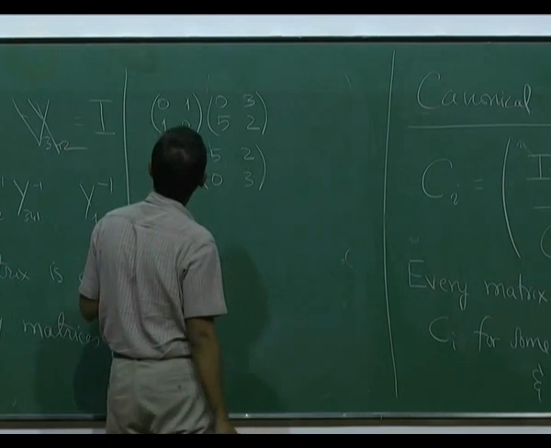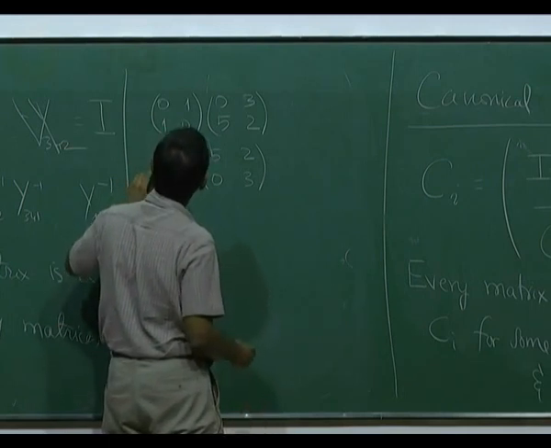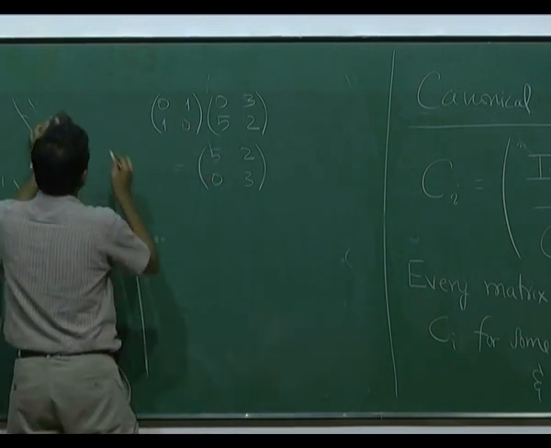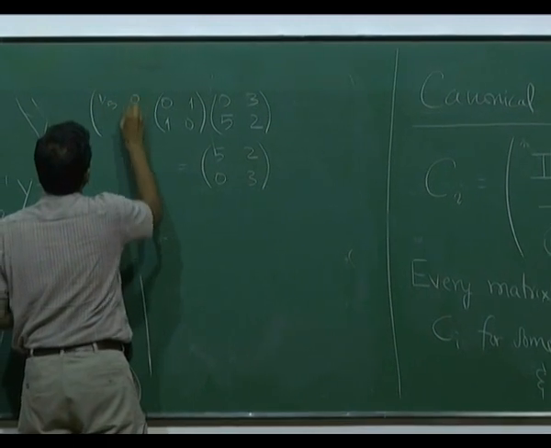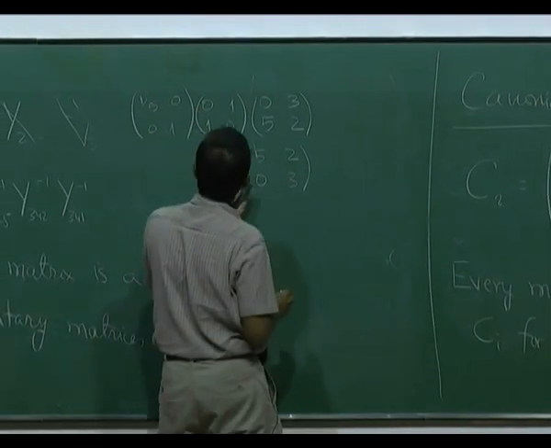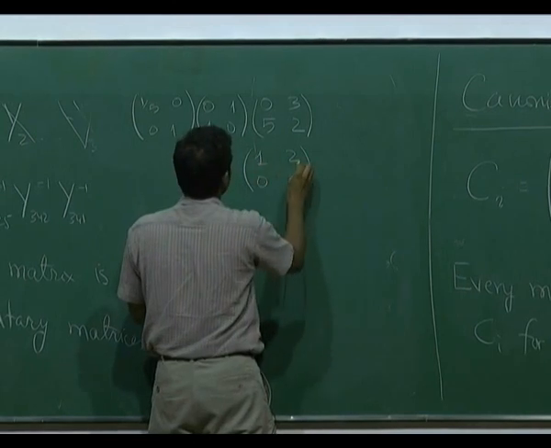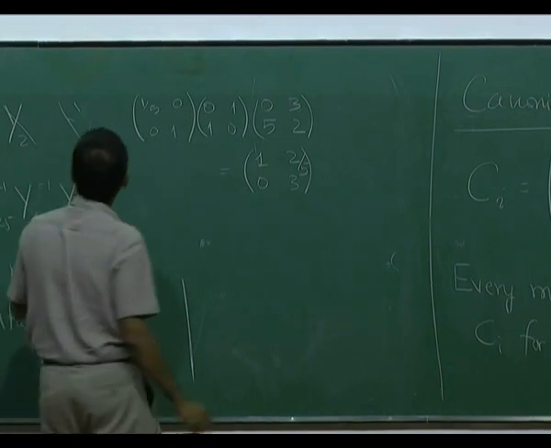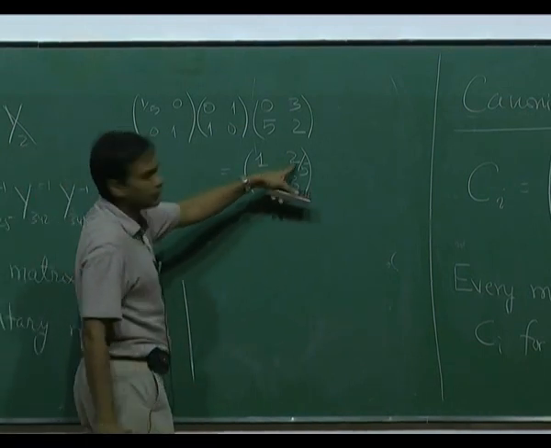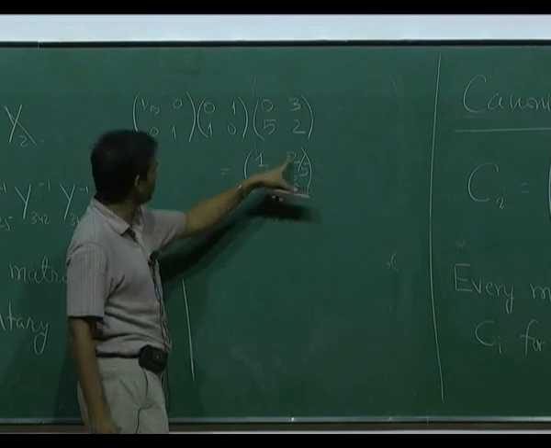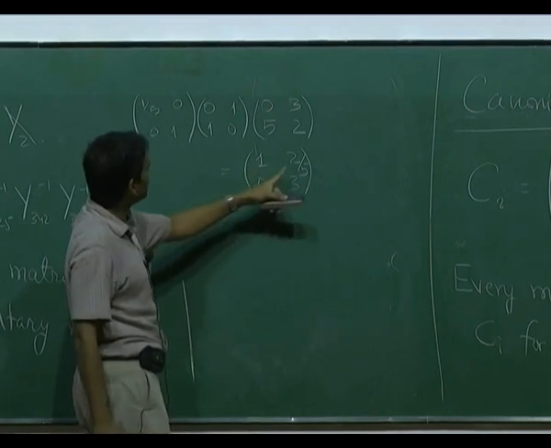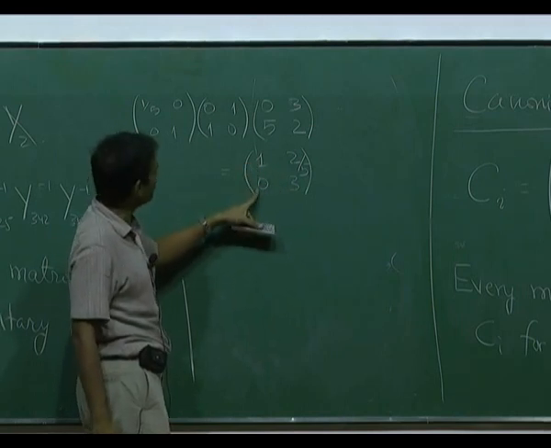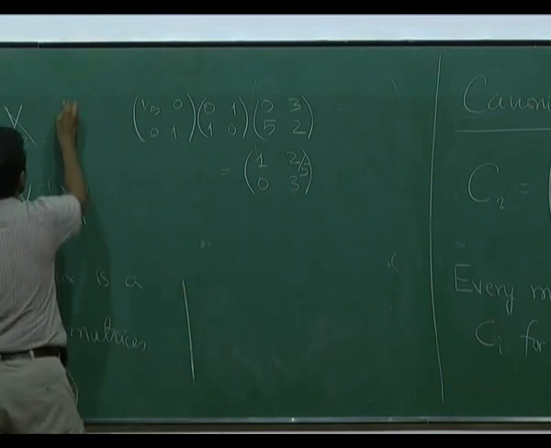Now, what I will do is I will make this 5 a 1. So, what I will do is I will do 1 by 5, 0, 0, 1, and then I will get 1, 2 by 5, 0, 3, and then I want to make this 0. This is already 0, so no work there. I want to make this 0. So, I must subtract from the second column 2 by 5 times the first column, but this anyway is 0, so nothing happens. But here I will be doing